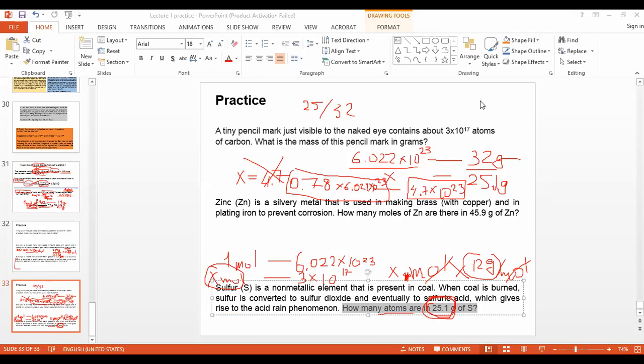Okay, and sir, will there be any more practice for these kinds of problems? I think this is enough practicing for this kind of problem. We practiced for the whole hour. We practiced finding the mass, we practiced finding the moles, and we practiced finding the number of atoms. Do you see that? So we practiced all these 3 parameters which are interrelated. So this is absolutely enough, I think,